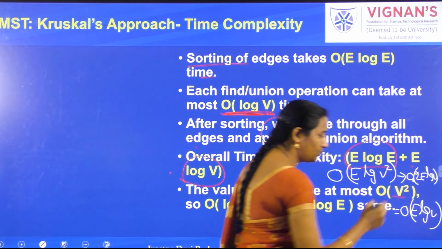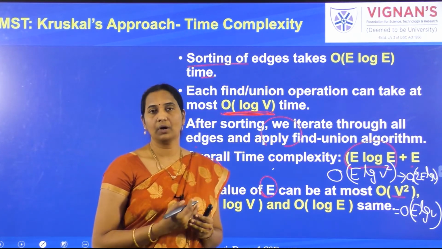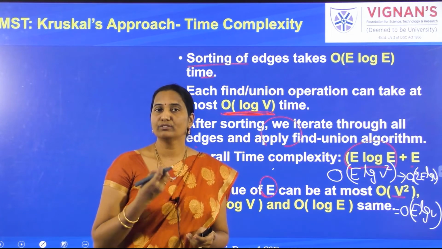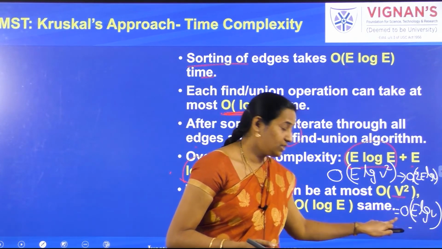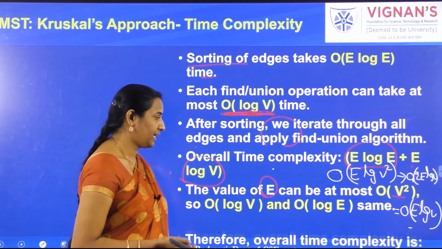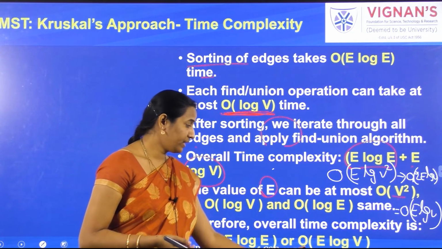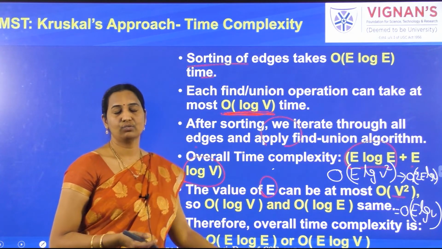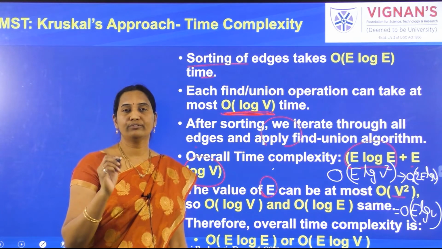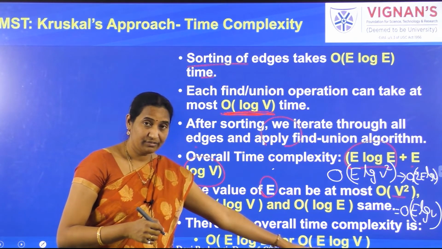Always we need to represent the time complexity in terms of the input. What is the input to this algorithm? The number of edges and the number of vertices. That's how we represent the time complexity in terms of edges and vertices. The total time complexity of the algorithm is order of either E log E, or you can even write it as E log V also. So it's more efficient. The time complexity of the brute force approach is order of n power n, and it's reduced to order of E log V.